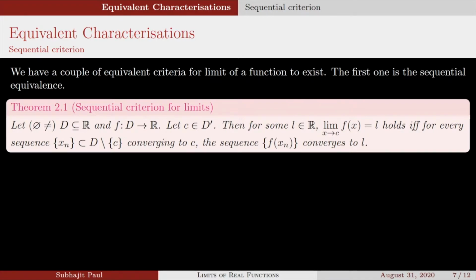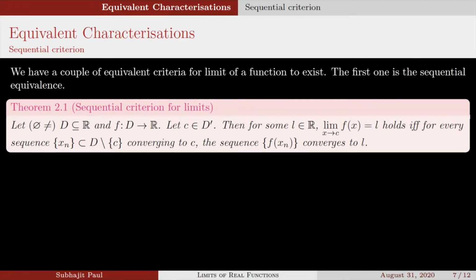Understand very clearly. This is very important, extremely important. Let D be a non-empty subset of R, and f is a real valued function defined over D. Let C be a limit point. Okay, so up to here, no problem. Then for some real number L, the limit as x tends to C of f(x) is equal to L holds if and only if